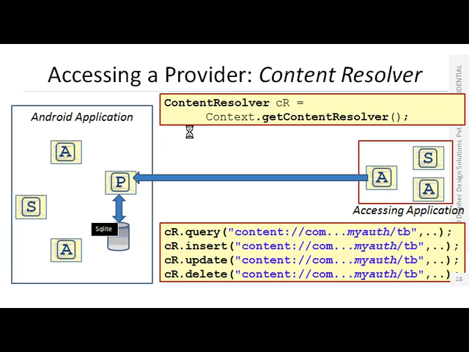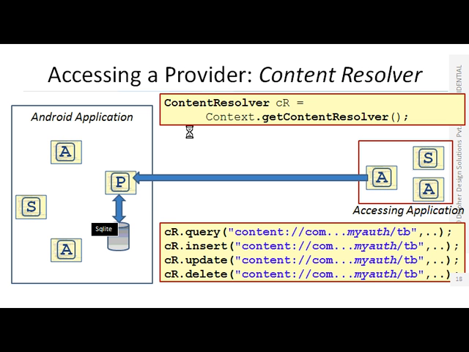Alright, so after establishing this tunnel, what will you do? As you are going to access the database part of the other application, what manipulation can you perform on the database? You can only implement the queries, right? Or you can implement some other file operations. Those file operations you can also specify like that. So this is how your content provider and content resolver work. Alright, do you have any questions? Okay.